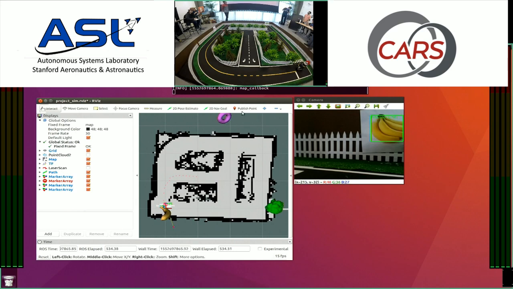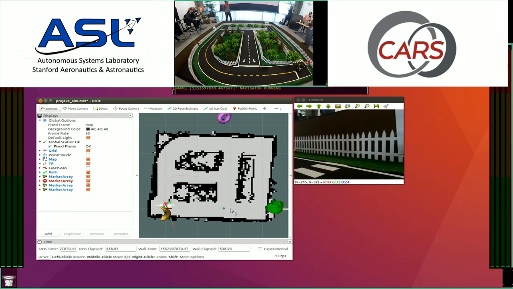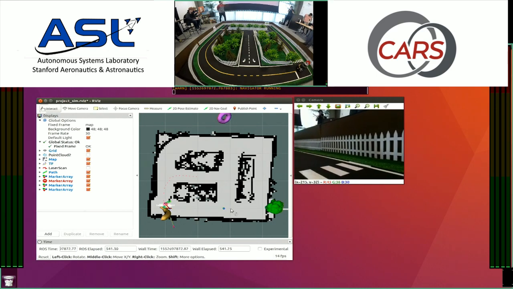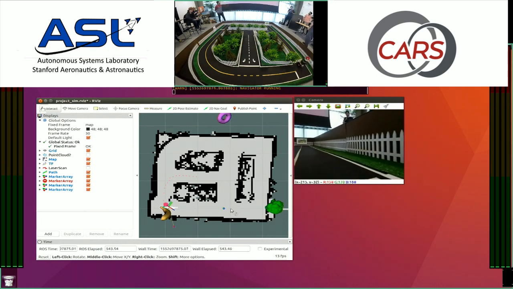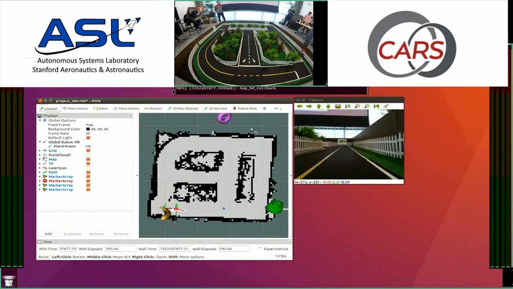And it looks like we have also detected the banana. Is that 57% confidence? It is on the map. All right, so we have all of our food items. We can prepare for